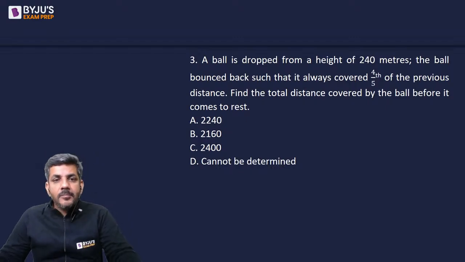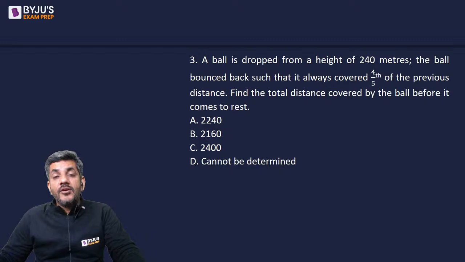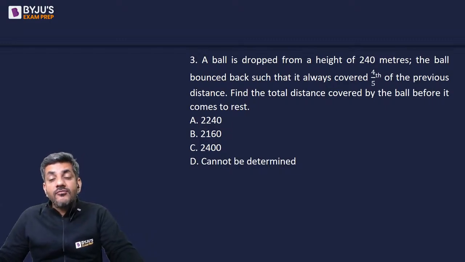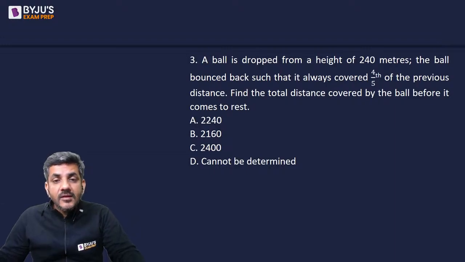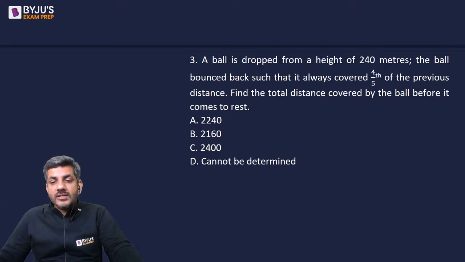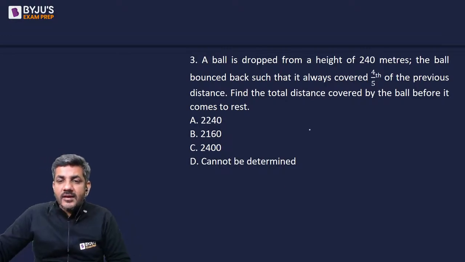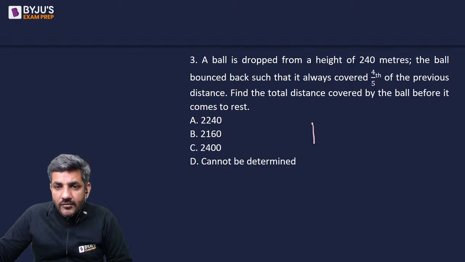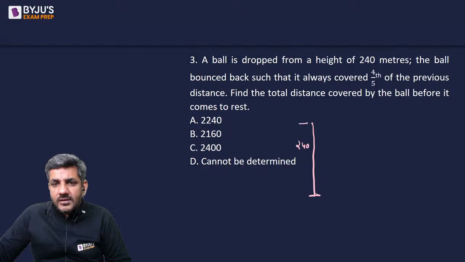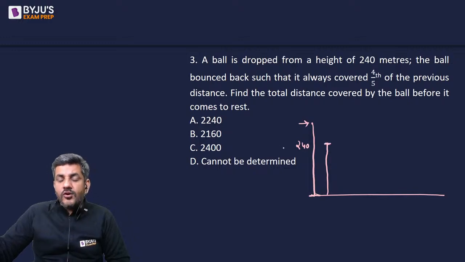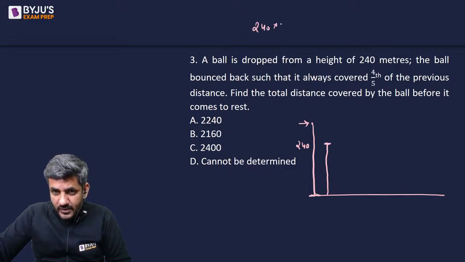Let us start doing it now. A ball is dropped from a height of 240 meters. The ball bounces back such that it always covers 4/5 of the previous distance. Find the distance covered by the ball before it comes to rest. So let us start talking about it. A ball is dropped from a height of 240. So this is the height of 240 from where the ball is dropped. After coming to the ground, it rebounds by 4/5 of the previous height. Now 4/5 of 240 would be